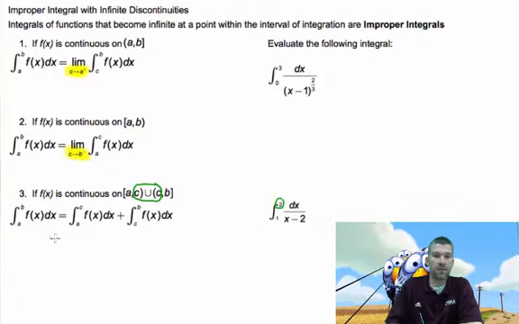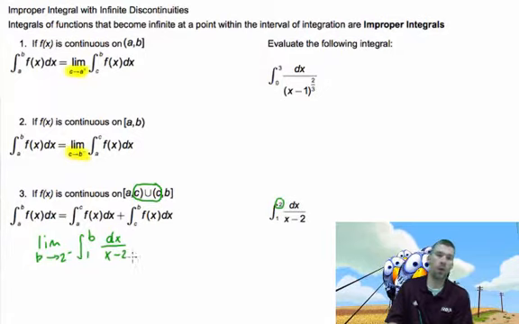And so the setup then for this guy is going to be the limit as b approaches 2 from the left of the integral from 1 to b of dx over x minus 2. And this is also a situation where we're going to have to take an integral, and because the x part is just x,